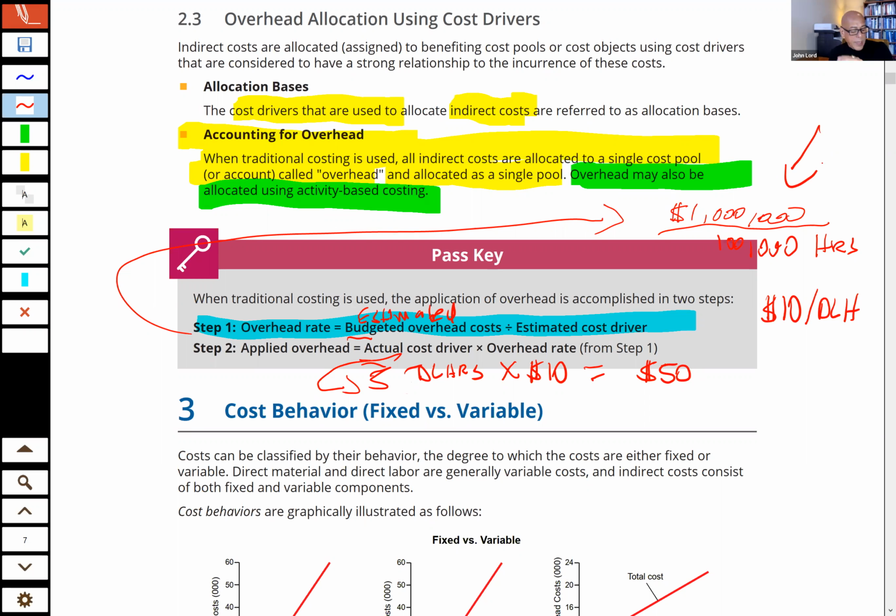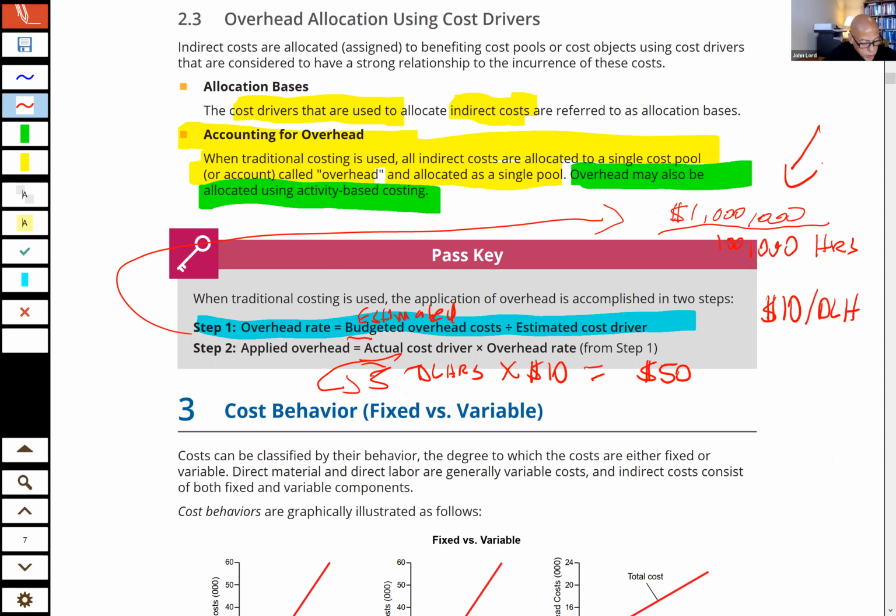If it is not a perfect number, then we end up with something called over or under applied overhead. And we're going to talk about that. And that is fairly easy to correct. I mean, what I always tell my students that are just starting out in accounting, they think, well, if it's not right, then what are we going to do? And I hold up my pen and I show them, with accounting, we can fix anything with a pen. We just make a journal entry to fix it if it's not exactly what it's supposed to be. And we'll talk more about that later.